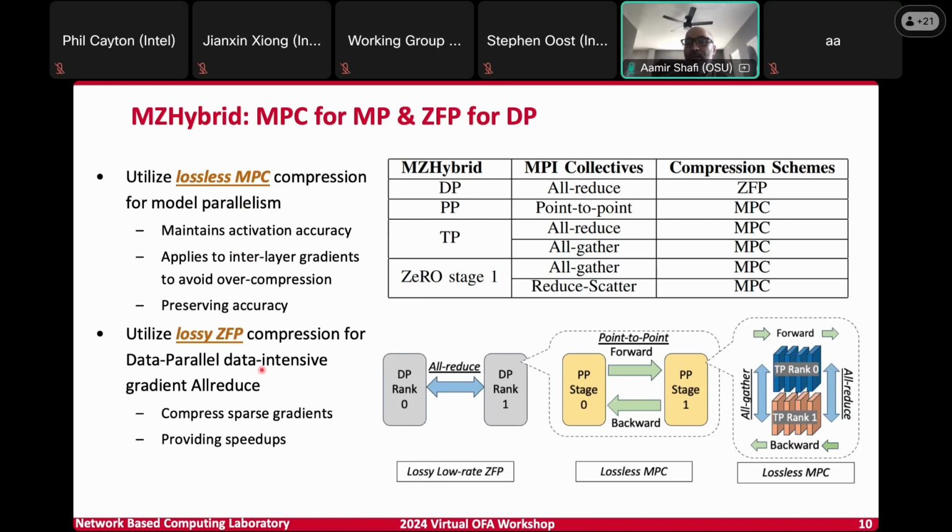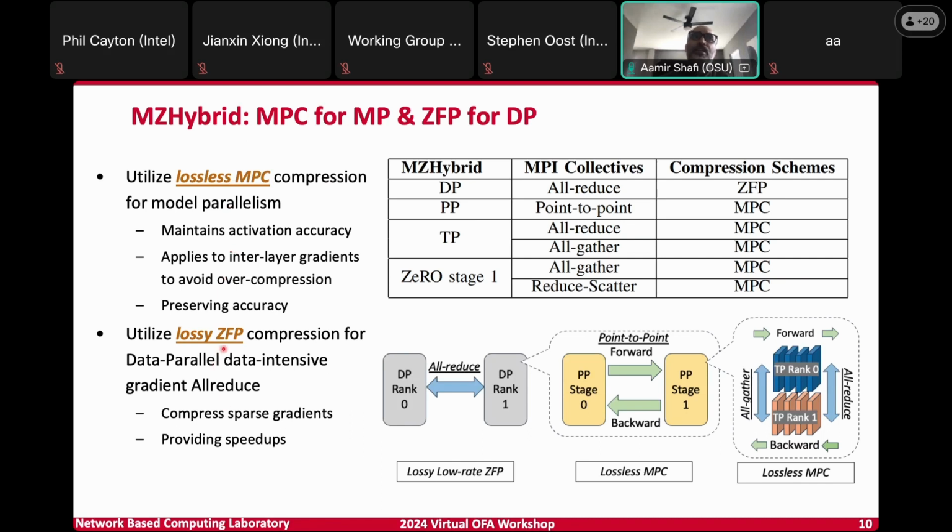Again, this 100% depends on the application we are targeting, because these compressors look at the data and see: is there repetition in the data? Is there sparsity in the data? Based on all of these factors, they give you the compressed data. But typically with lossless, we have seen that it gives you around 15% to 20% compression ratio,